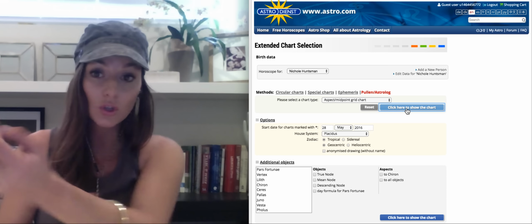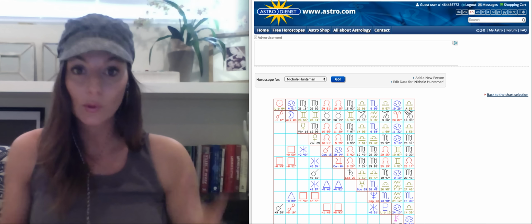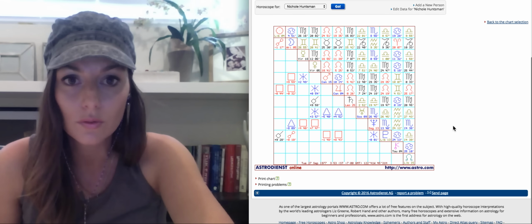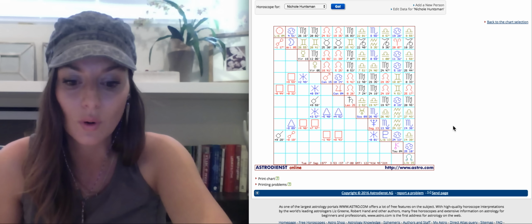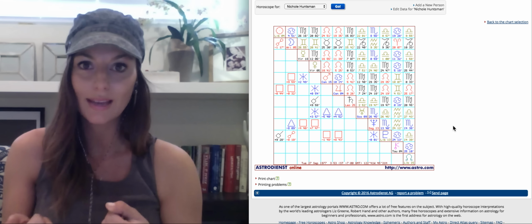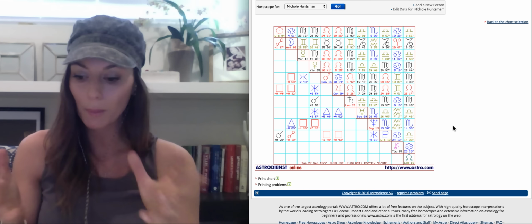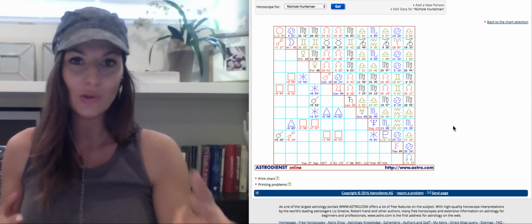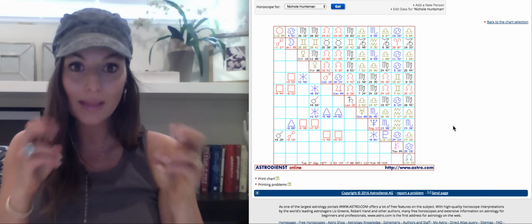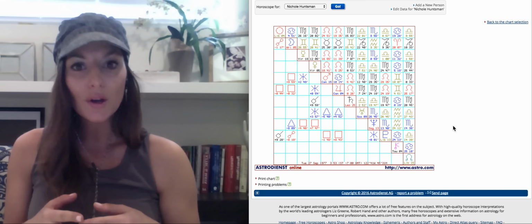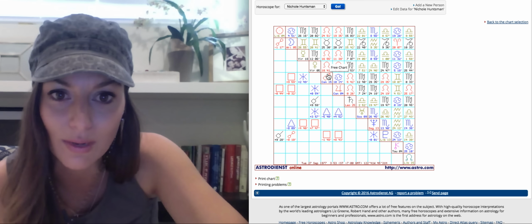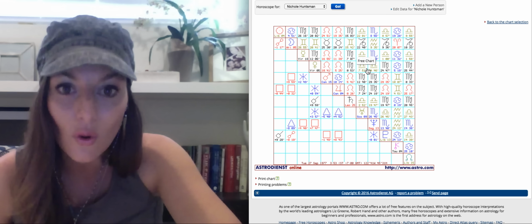It's pretty cool. It's going to show you all the midpoints between all of your different planets, and I have to give a little shout out to astro.com for putting this up here for us, because midpoints are little hidden gems, and many times you can blend the different planets together and come up with a whole new planet, so to speak. It's not a planet, but if you want to know about someone's sexuality, let's say. I said that because my eyes went right to Mars. I've got a Leo midpoint between